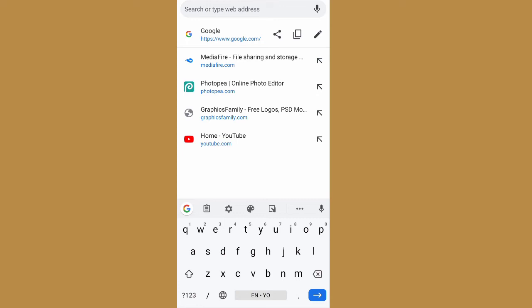Like me, I prefer using the Chrome browser to enter their site to mock up my design. Some people prefer the app, but I do suggest the Chrome browser instead of the app, because if you don't have the premium, the way the ads normally pop up, it will affect what I'm doing.